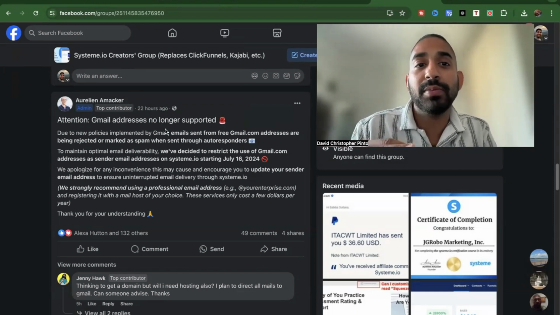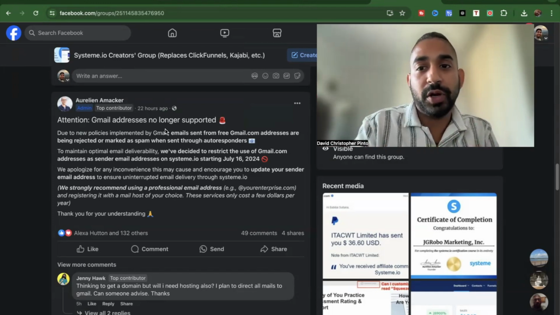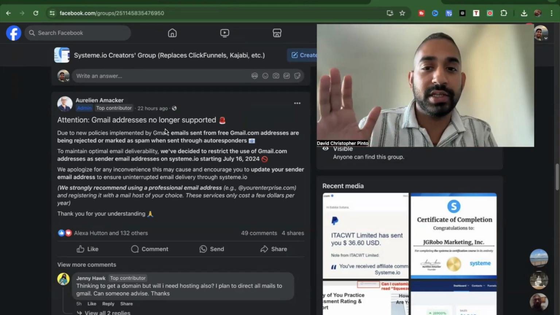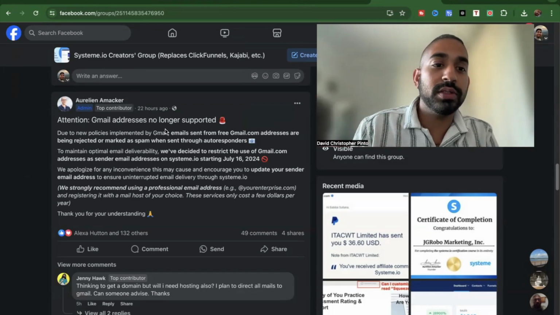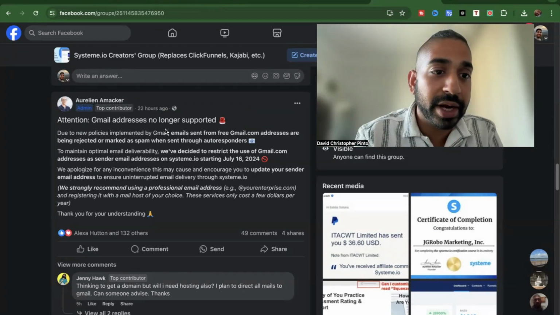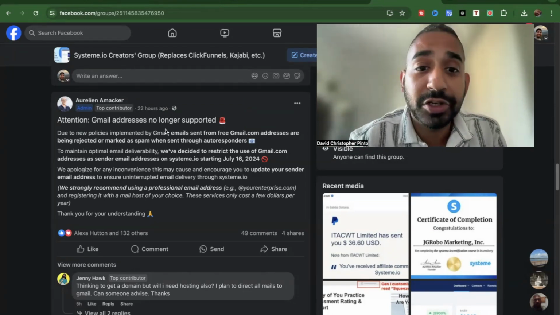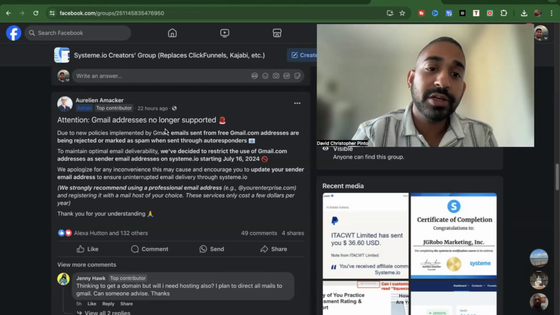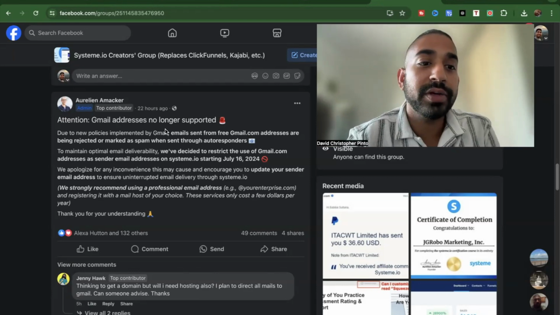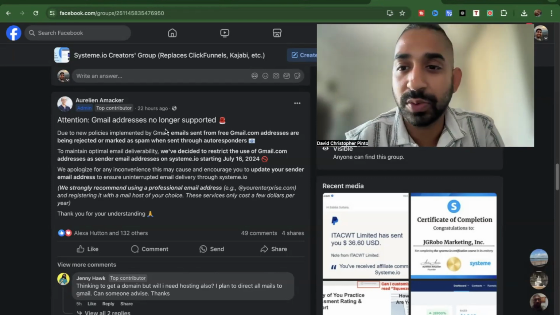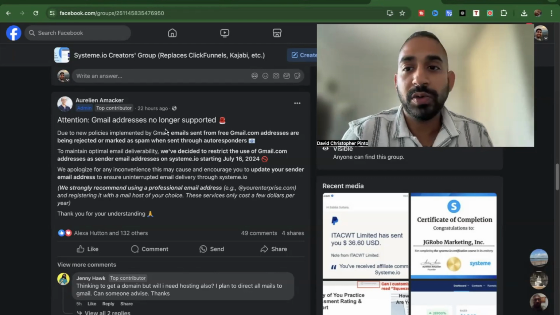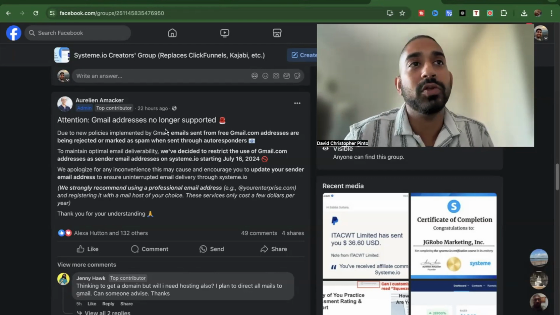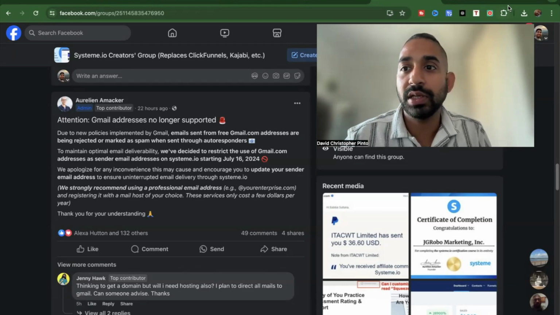Before, you were able to log in and sign up into System.io without having an extra email address added there. So there were Gmail addresses or Yahoo addresses, and you could send emails directly to that, right? But due to different policies implemented by Gmail itself, by Google itself, there are going to be deliverability issues that come up here. So what System.io has done, it was a matter of time, to be honest, and that's why I personally got it from the get-go. I always buy an email domain, and you can buy an email domain from GoDaddy. You can buy an email domain from GetResponse, and basically it will give you access to it.